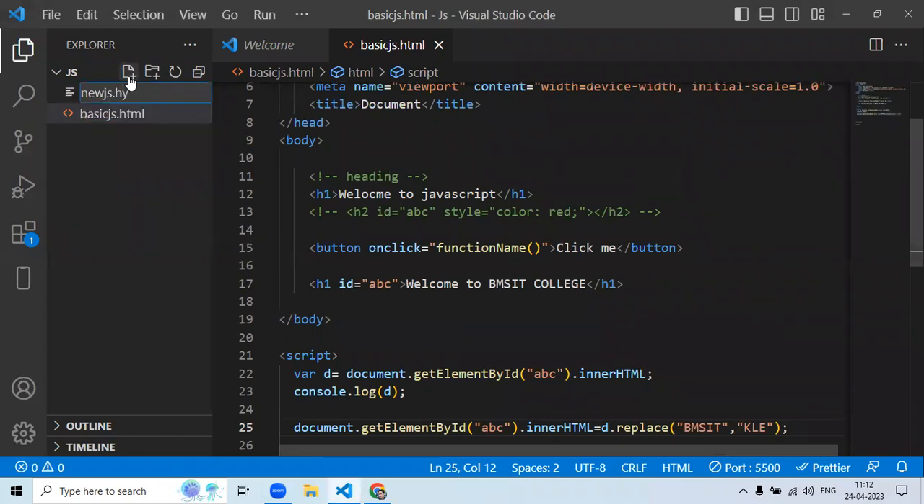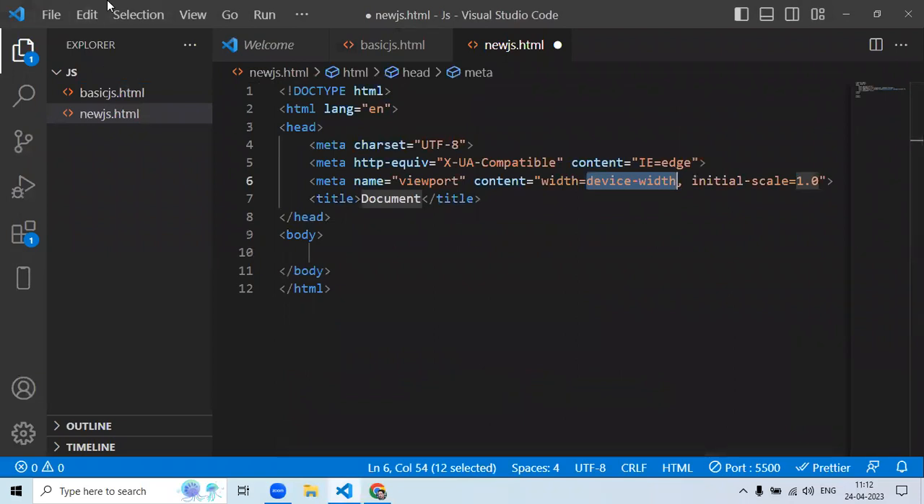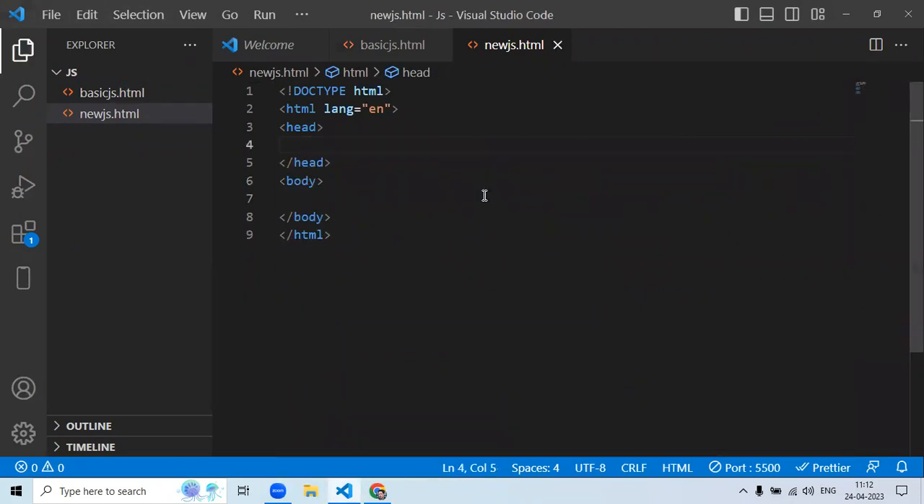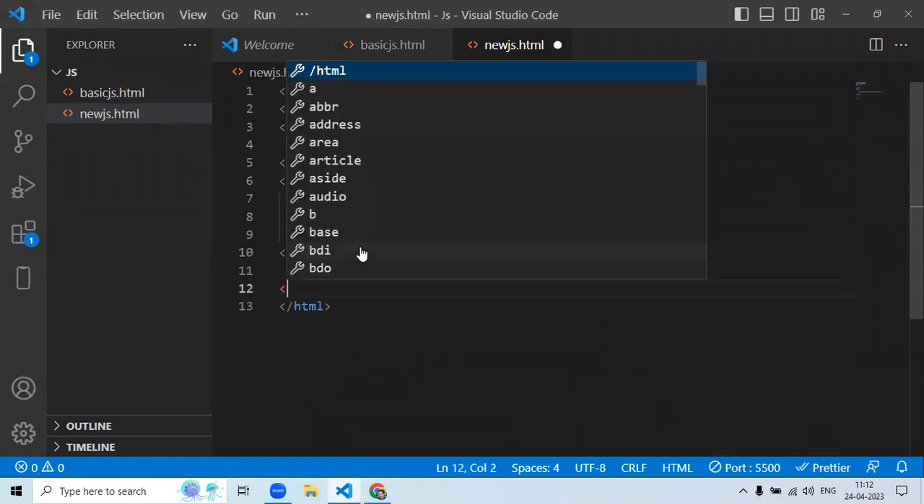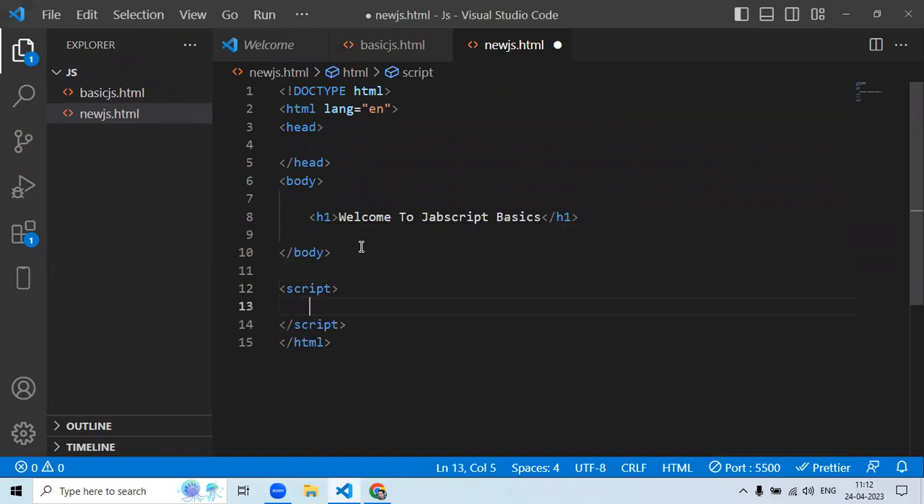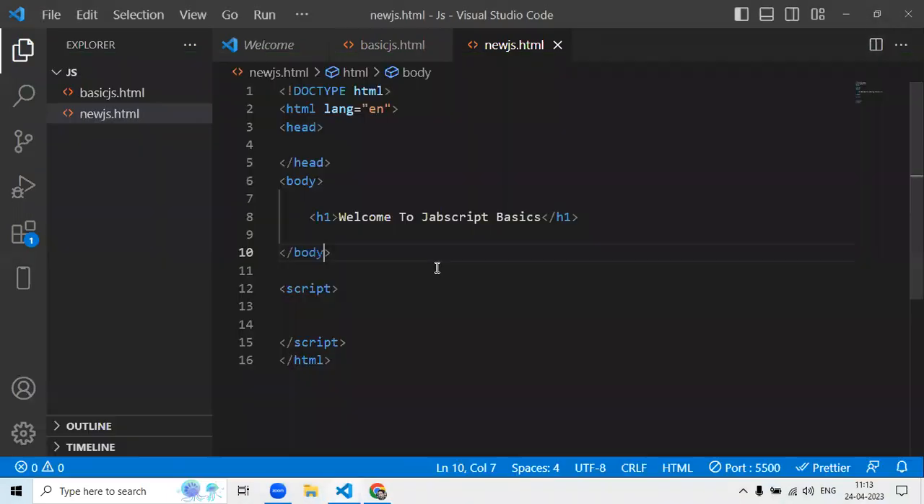New js.html. So here in the body, let me add an ID. H1, Welcome to JavaScript basics. Let me add a script tag. So let me run this. So you have this, Welcome to